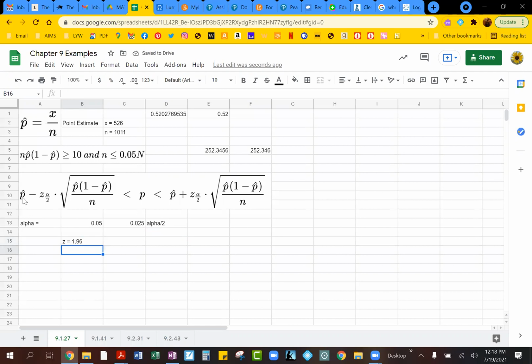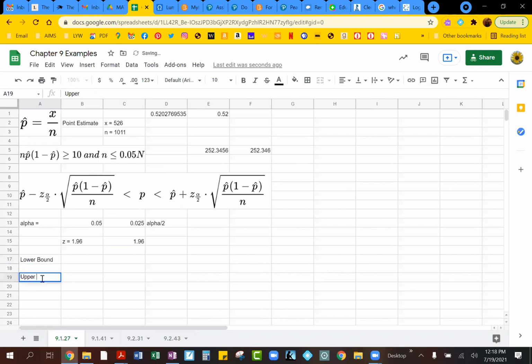Okay, so we already have our p hat. We calculated that as the very first part of this problem. You have your z sub alpha over 2, which is the 1.96 we just came up with. And I'm actually just going to write it over here. You already have all of these numbers. You have the p hat. Of course, we can calculate the 1 minus p hat, the n value, and then we need to do a square root. So again, use a calculator if you're comfortable with a handheld calculator, or you can use this to do your calculation. So let's calculate the lower bound first,